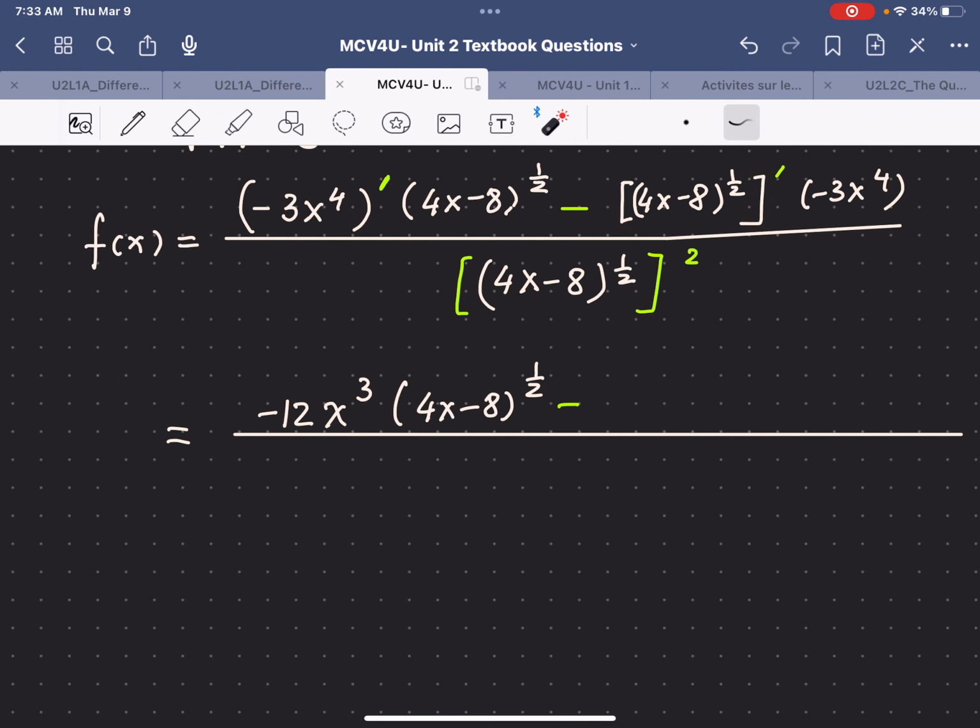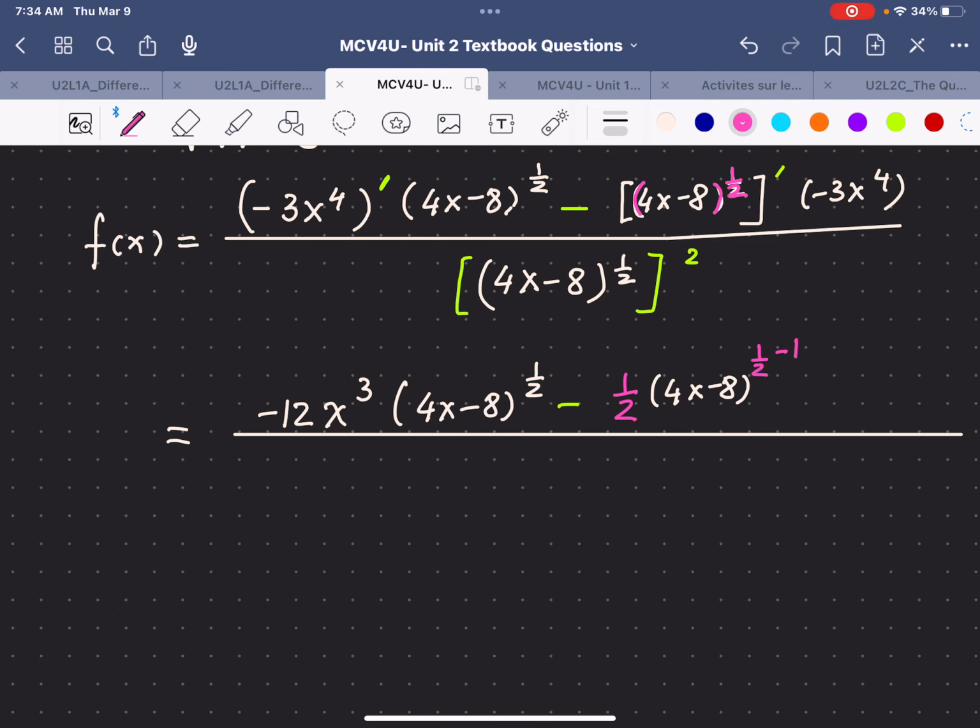So 4x minus 8 to the power of 1 over 2 has the power of 1 over 2, the outside function, and then you have the inside function 4x minus 8. So we'll take care of the outside first. That means we have 1 over 2, 4x minus 8 won't change, but the power of it will change to become 1 over 2